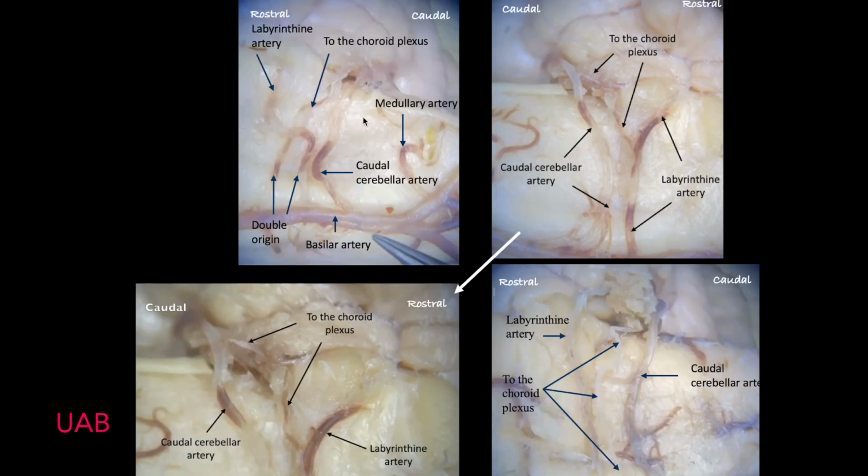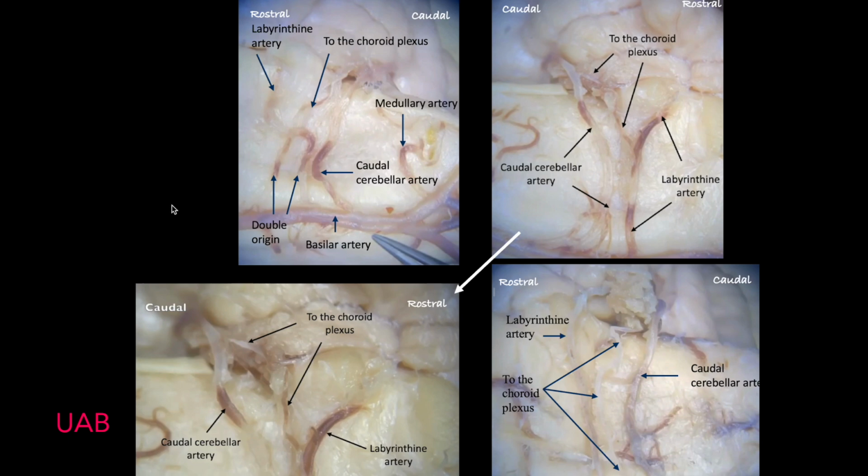Let's go and have a look at some dissections. This is from the left side of an encephalon, rostral and caudal. What do we have here? We have the basilar artery, the caudal cerebellar artery, and a bit caudally we have a medullary artery for the medulla oblongata. As you see here, this